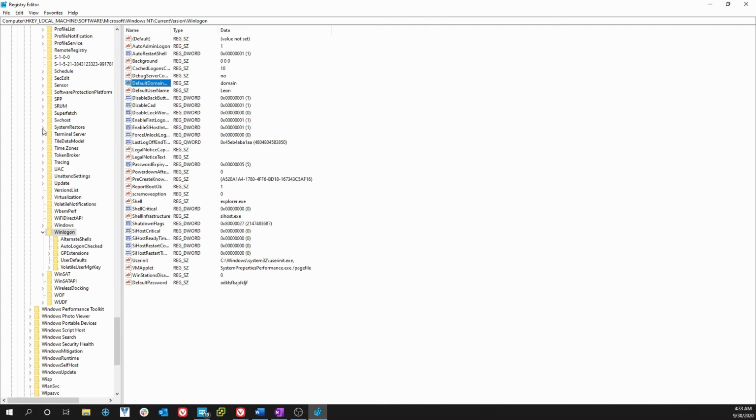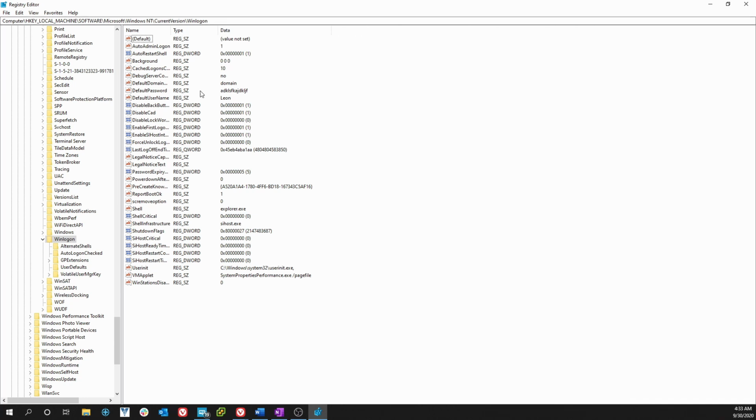so after you have all of this done, you got your auto login as 1, you got it as a true value. You know your default username. You have your default password, which is down here. This will all go in alphabetical order once you refresh the screen. Here, I'll hit F5 and refresh it. Now it's all together. You have your default password, and then you have your default domain. Now all you have to do